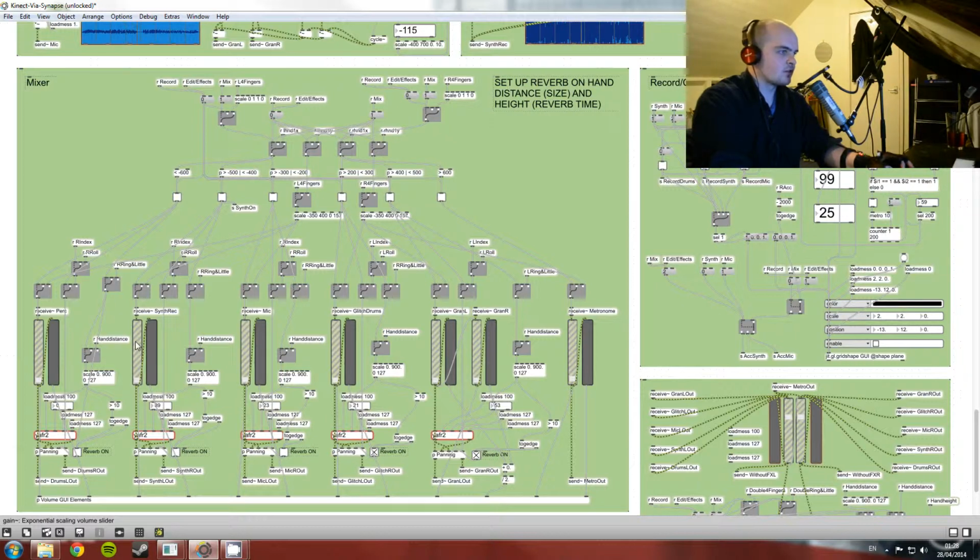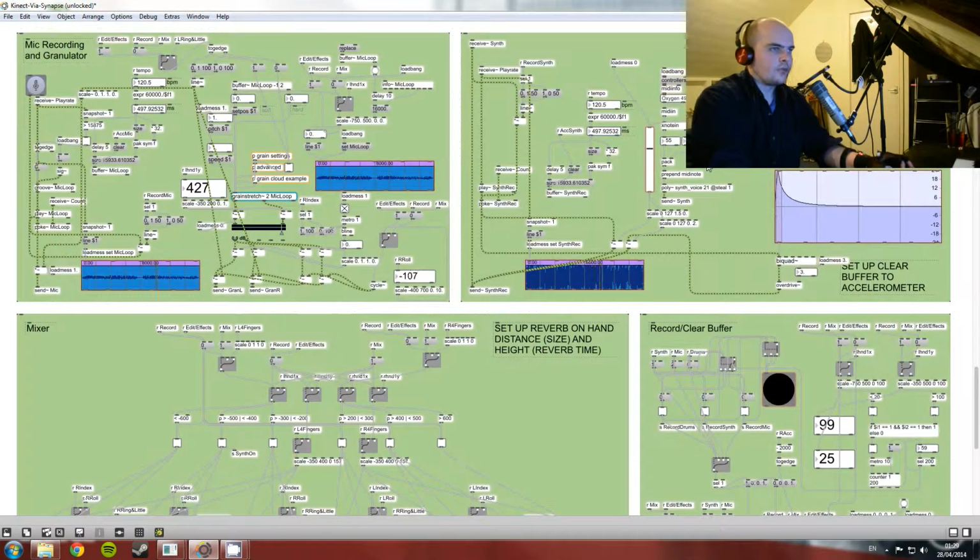Once you've got the synth track selected, hold down the middle and ring fingers, and that gives you control over the center frequency of the EQ, the gain, so how much you're increasing that frequency by, and also the wet/dry, so whether you just want the dry synth or the synth with the distorted EQ. The wet/dry is controlled by the left and right roll again of the right hand,